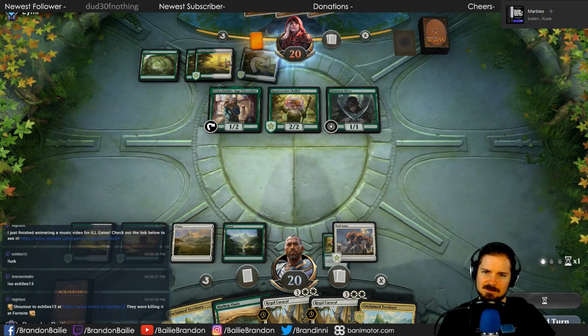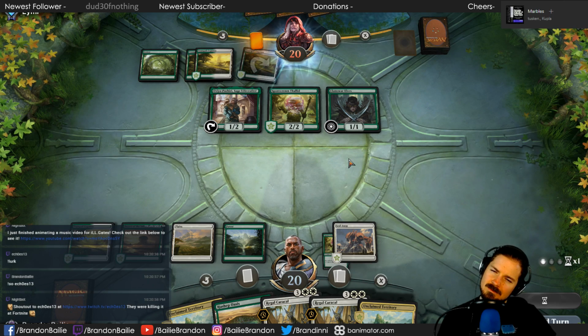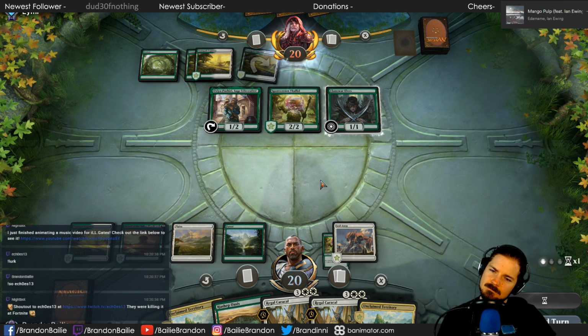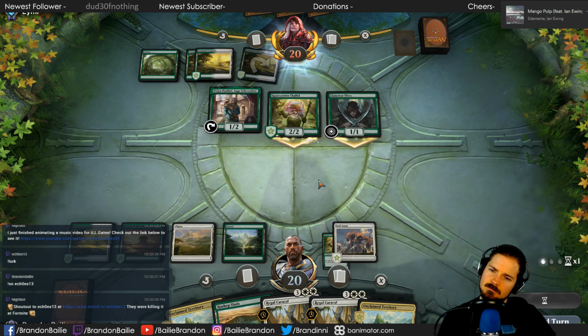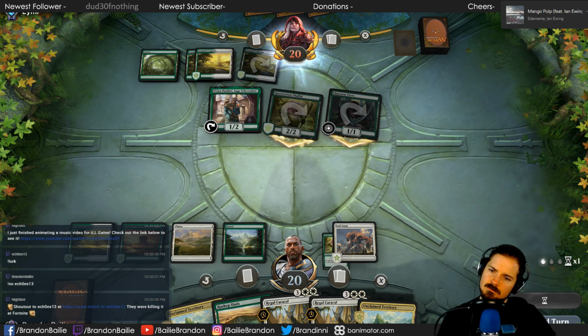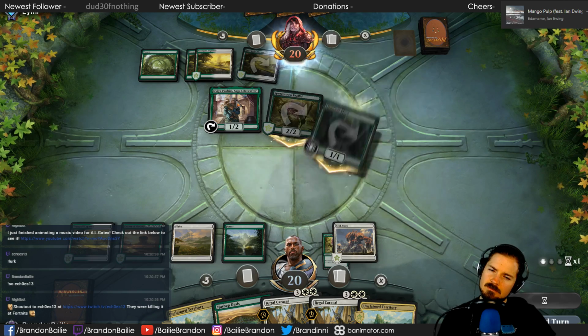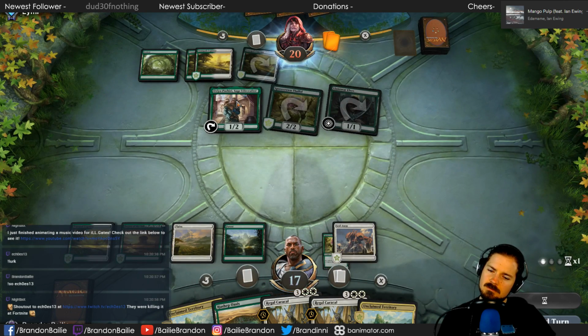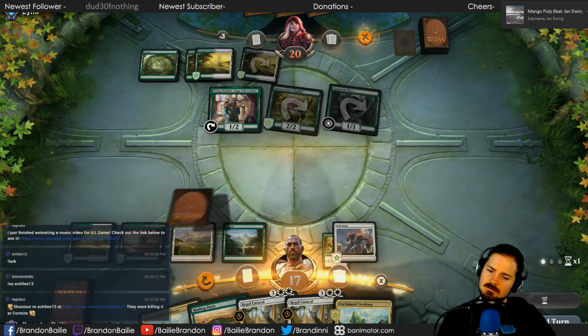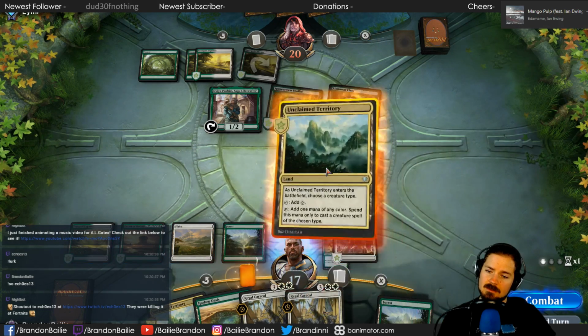Matt, he got all 3 tranquil. Well, he got 3 Tranquil Expanses, right? So now he'll probably play something a little bit nasty. But a green-white Saproling deck doesn't really make a lot of sense to me. Yep. Fine. Or he'll create a token, I think. Yeah. Makes a little bit more sense. Wow, just all lands. That's pretty crazy.